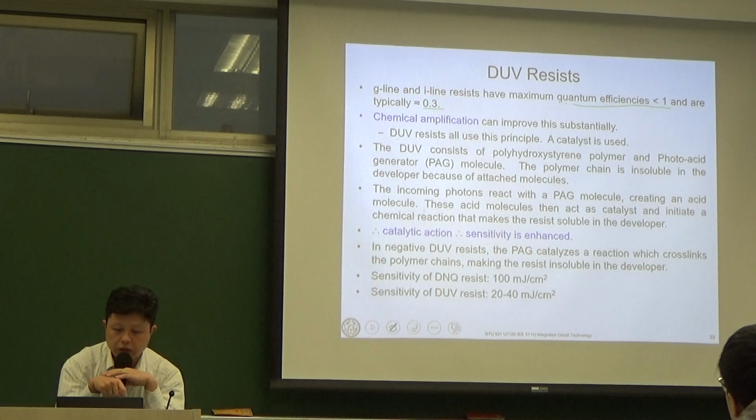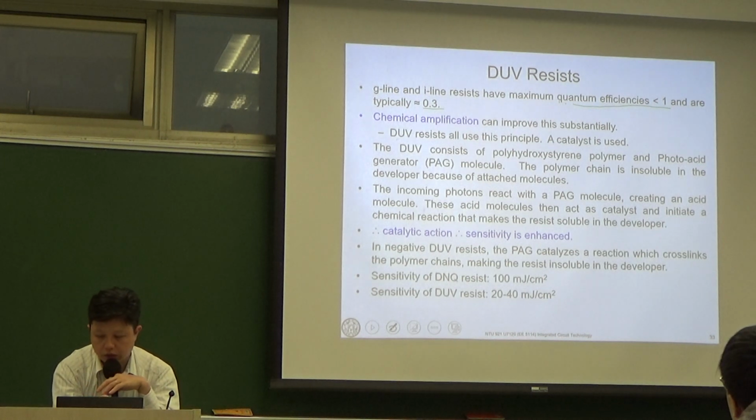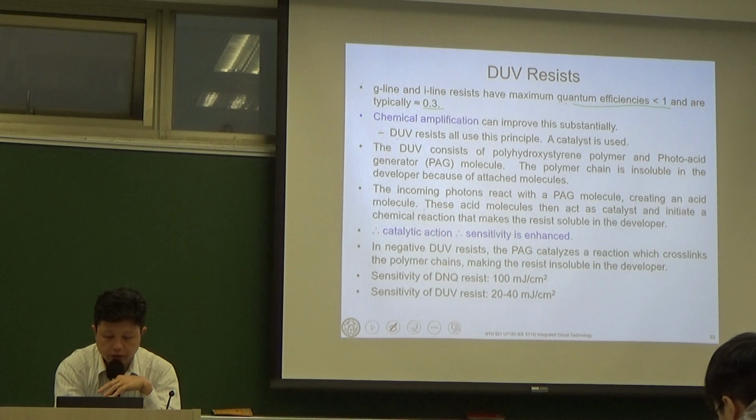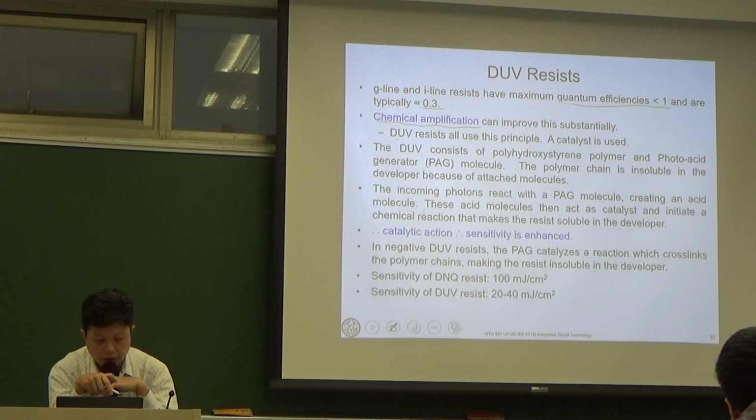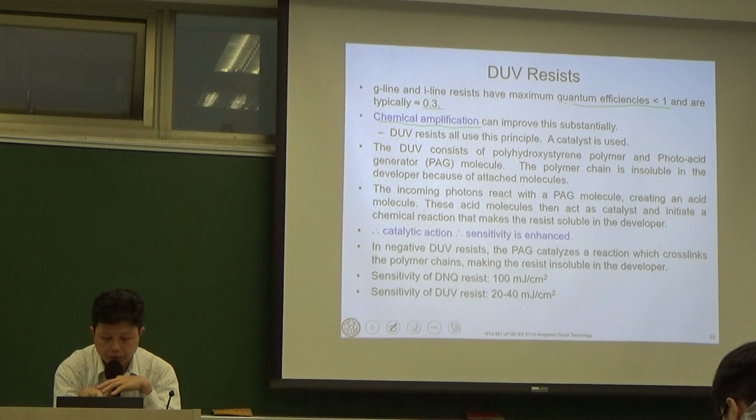Okay, and for the DUV resist, we try to improve this quantum efficiency by introducing a chemical amplification process. Okay, this chemical amplification process we'll explain later. Basically, we have to use a catalyst in